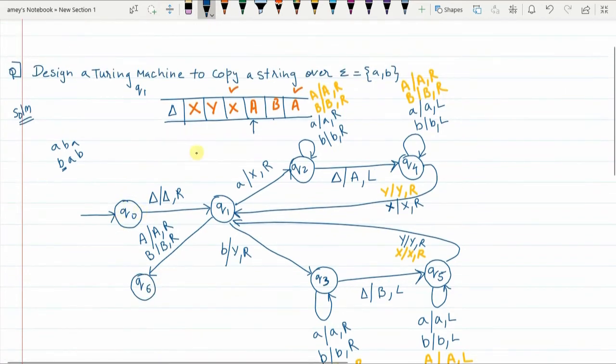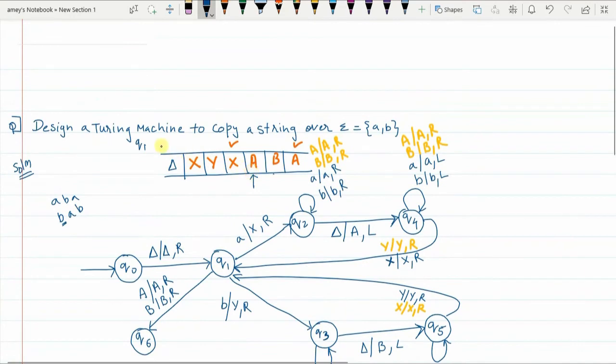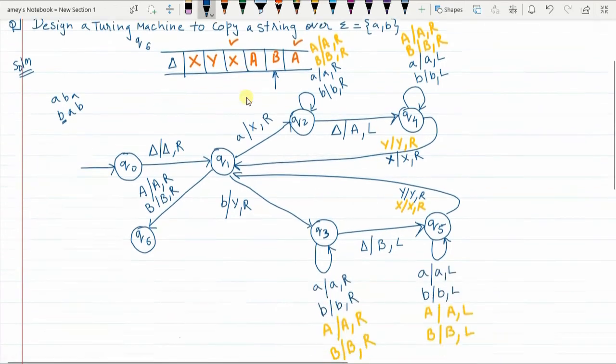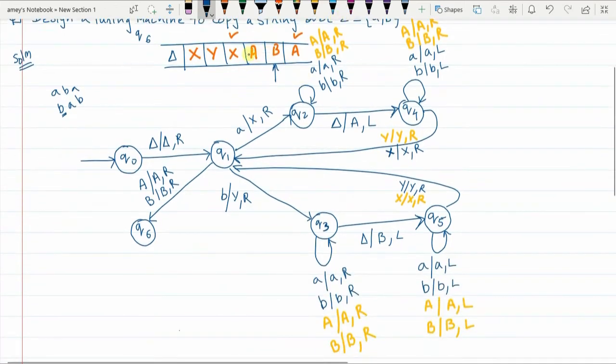So from Q1 to Q6, when A was encountered, I just replaced A with itself, and the pointer moved to the right. Now you are in Q6 state. Only one A I have encountered, but if the string is big, you might encounter more B's and more A's on the way.